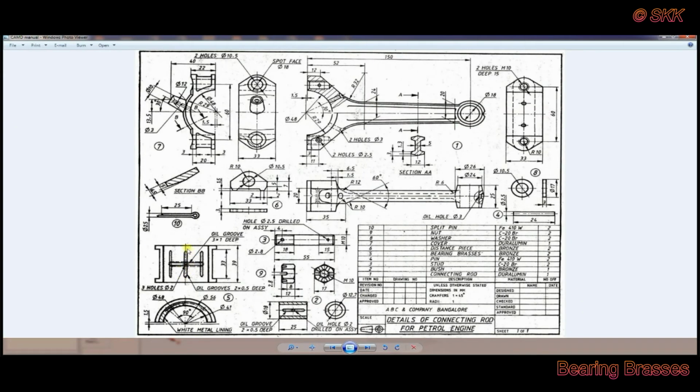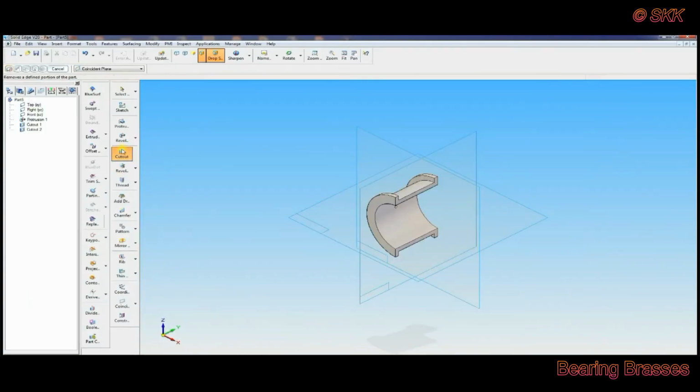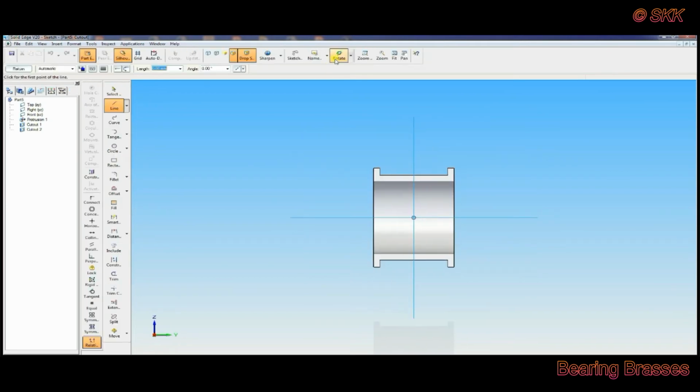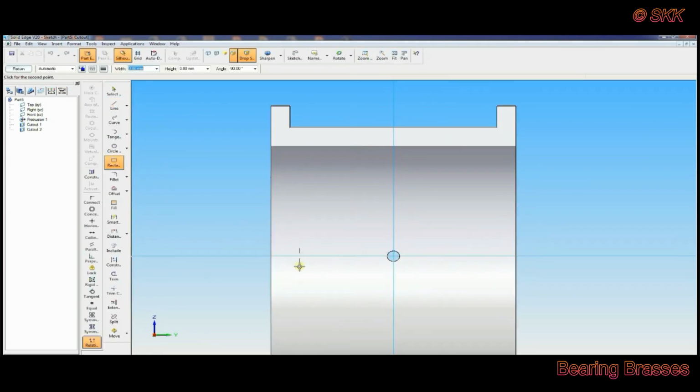Now you have to create vertical slots of 2 into 0.5 mm deep. Go to cutout, select same right profile, zoom the area, draw one rectangle like this, simply a rectangle.